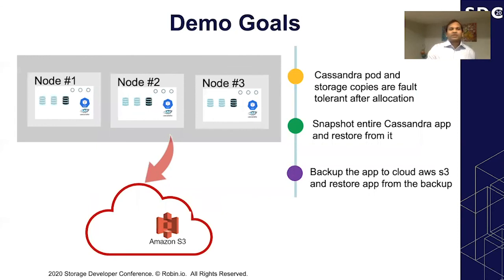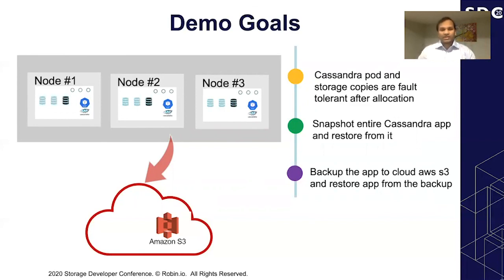So let's come to the demo part. In this demo, we are going to run a Cassandra application using a stateful set, and we are going to show that when that application is deployed, its storage is coming from multiple nodes, and it can survive node failures. And we'll take a snapshot of the application, and we are going to simulate a user error, and we are going to use that snapshot to revert back and